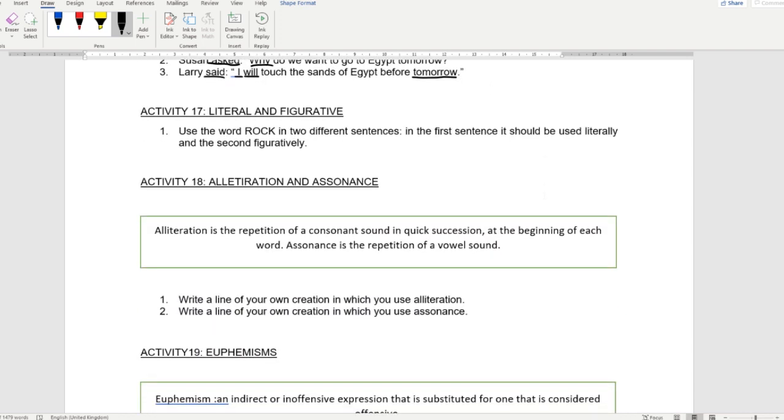You have to use the word rock in these 2 different ways. A literal rock, like saying you threw a rock at your friend, that would be literal. You are actually doing what you are saying. Where figuratively, you are saying one thing while meaning another. So "you are the rock in my life" would mean that person is a person to depend on. They are always there. They are the stable thing in your life. These are the two different ways you could use the word rock, literal and figurative.